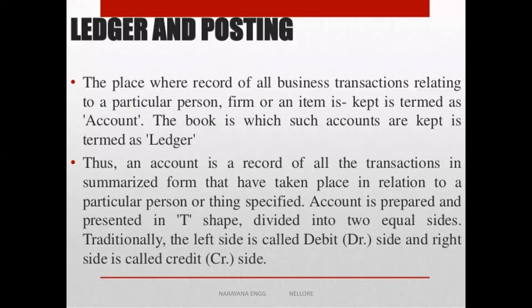And ledger and posting. So how are we going to post all the ledgers? All the transactions, we are recording all the business transactions related to the person, related to the companies, related to the assets, and related to the expenses and revenues, incomes, and everything we are posting in the journal book. And after that, we are going to make these journals into a ledger. This can be considered as ledger posting.